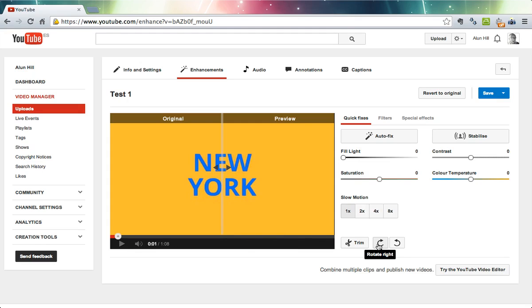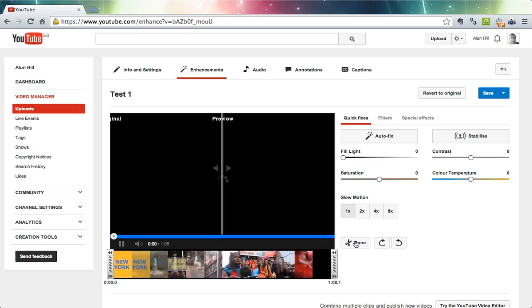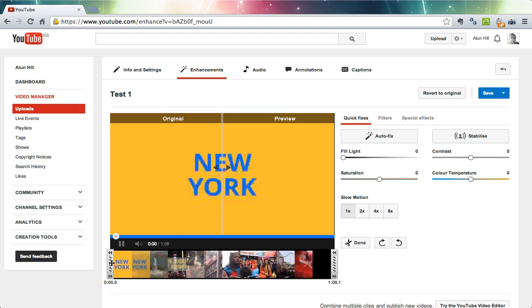If you've got some of the stuff that is facing the wrong way, use an iPhone and do it the wrong way, very easy, rotate left, rotate right, and you can make a heck of a difference to your film there. I'm just going to show you one other thing that you can do. For this, I'm going to